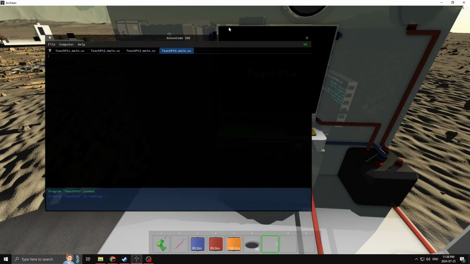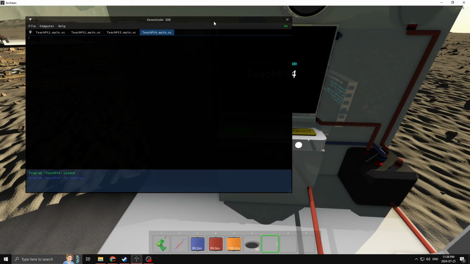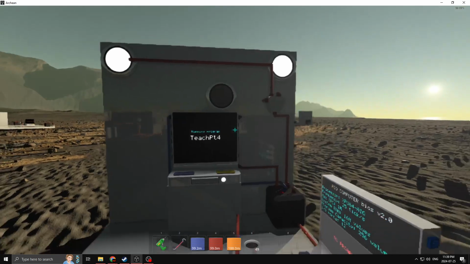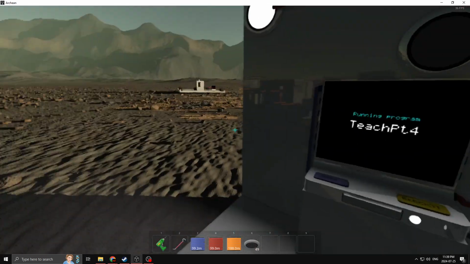Okay, everyone, we are here with more Archean programming. We are on part 4 for today. I'm going to cover in and out, or input and output code, because why not? That is essentially the main thing you are going to be doing is a lot of input